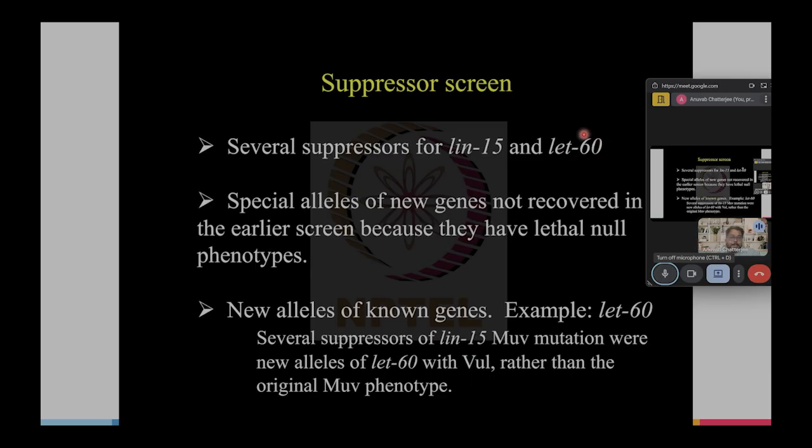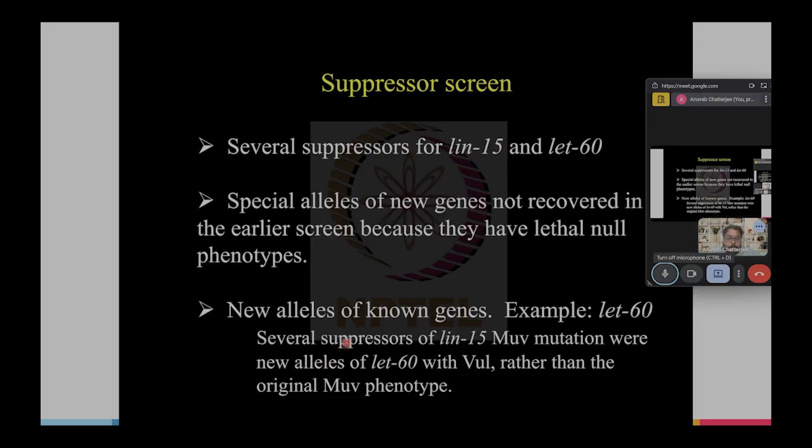For example, Let60, which is the nomenclature for lethal 60, the 60th lethal gene found in that particular mutagenesis screen: the double mutants were lethal, but when a suppressor screen was run, a particular mutation could actually recover the phenotype of Let60,